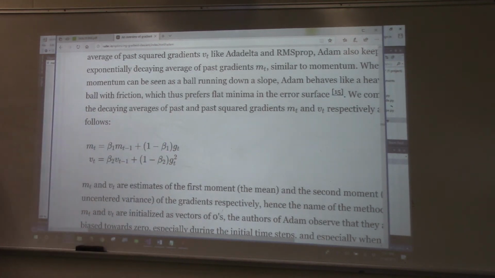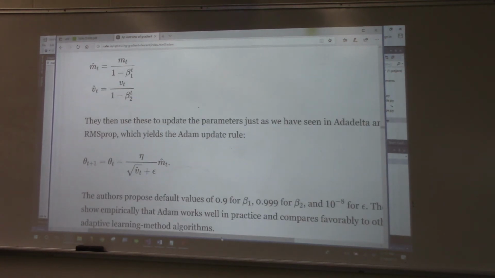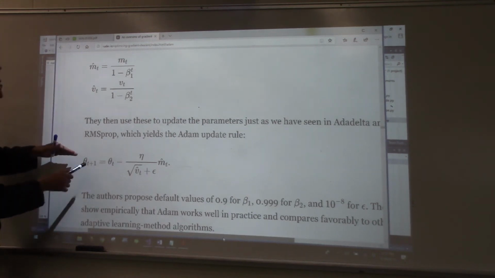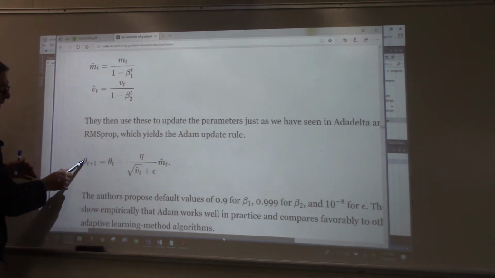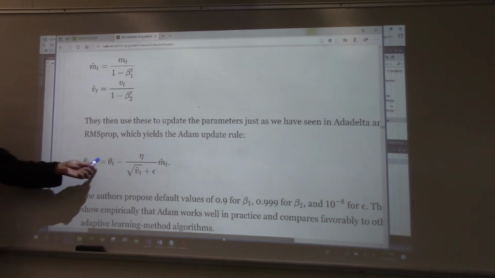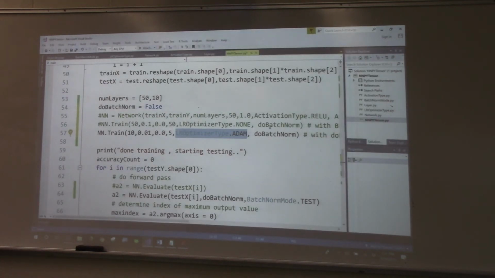Then based on this m_t, v_t, we come up with m_t hat, v_t hat, and then we update theta, remember, is representing our model parameters, so then we update the W or the biases. So if you take a look at it in terms of the code,